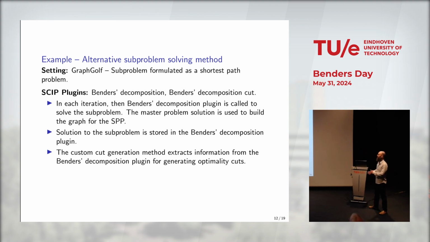And this was another one where this did take quite a bit of work. Graph golf, which I don't expect people to know what that means, but essentially we had this Benders decomposition algorithm where the subproblem was the shortest path problem. We didn't want to solve that as a MIP because that seems ridiculous, so we wanted to solve that using the appropriate algorithms. So I implemented my own Benders decomposition plugin to have that algorithm being run. And at the same time, I needed to implement my own cut generation methods. So the implementation effort is starting to grow.